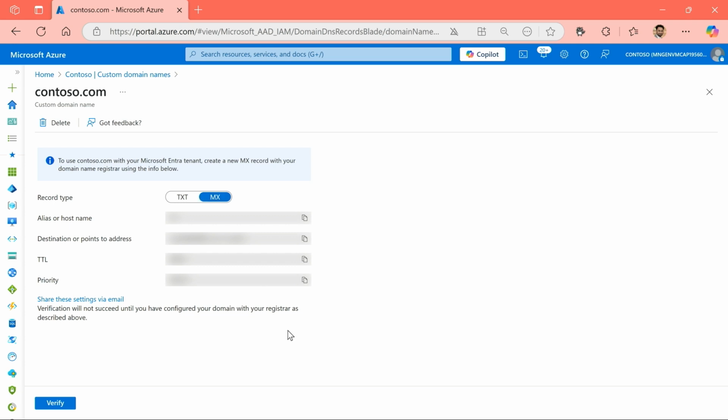And once you have done that, you will be able to then come in the bottom of the screen and hit the verify button. Now, like it says over here as well, it will not work until you've made an entry in your registrar with that particular detail that's mentioned on the screen up here. So it's very, very important that we copy these details out exactly as they are and create an entry under